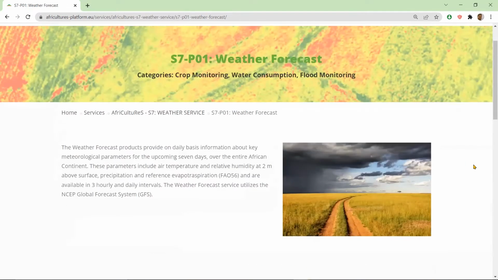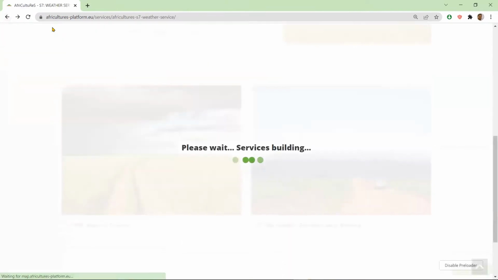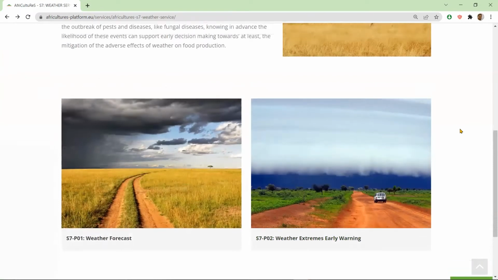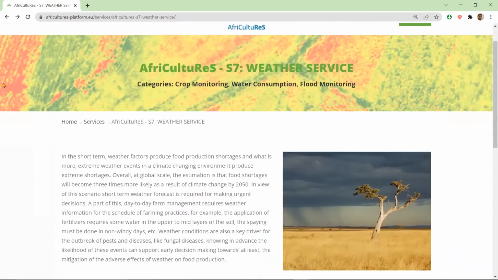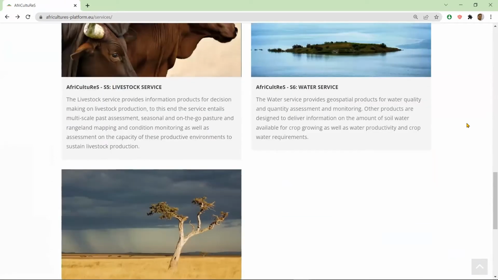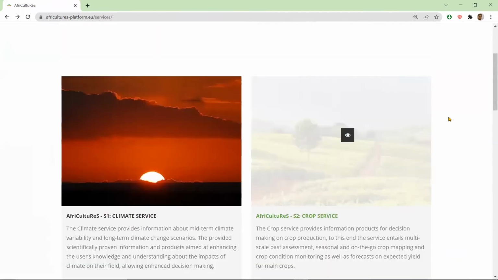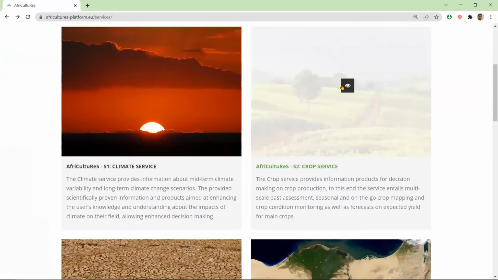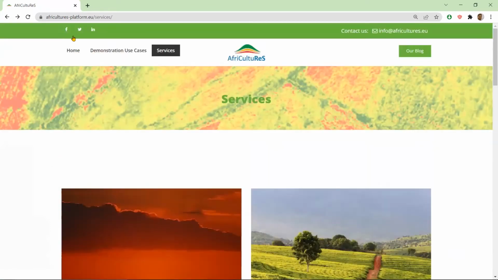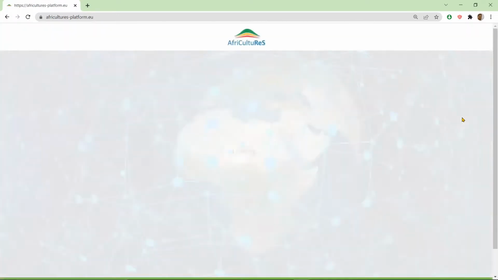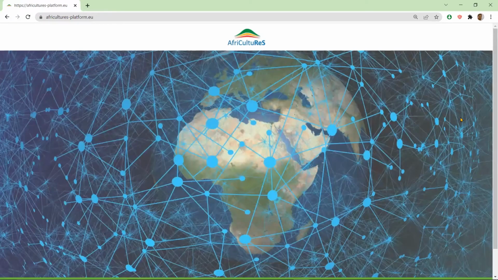So in that part of the platform, we can have a look at what is available and get to know the possibilities of the platform. Going back to the landing page, in a similar way,